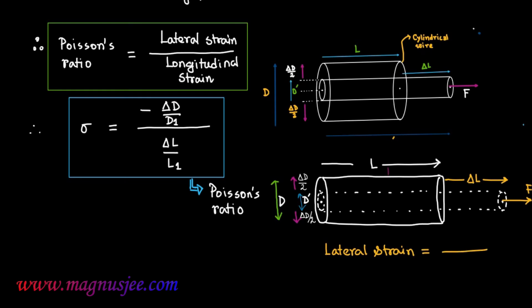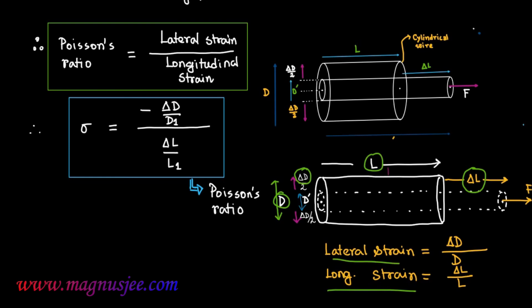Therefore, lateral strain is equal to delta D by D and longitudinal strain is equal to delta L by L or L1. So delta L by L is the longitudinal strain and delta D by D is the lateral strain. In this case, D1 is D, which is the initial diameter, and L1 is L, which is the initial length of the wire. Here the negative sign indicates that